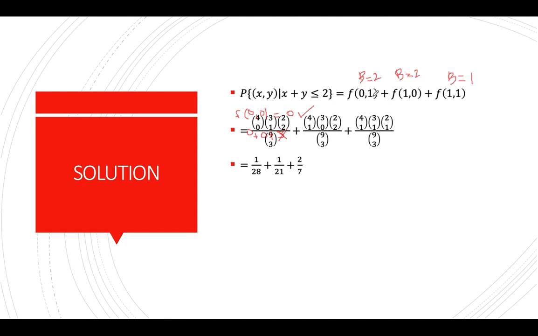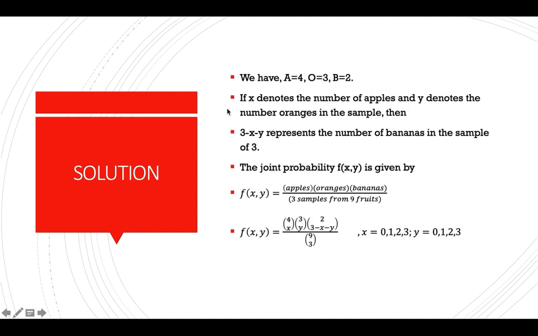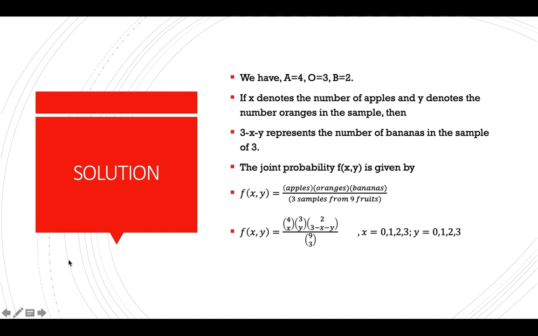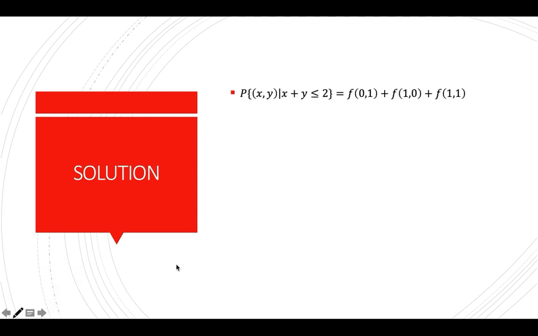And if we have 0, 1, so based on the previous, okay, so this is our probability distribution. So you just substitute, no, the value of x and y. So if we have, okay, so if we have